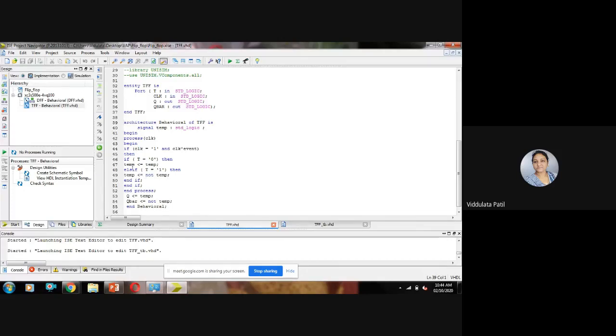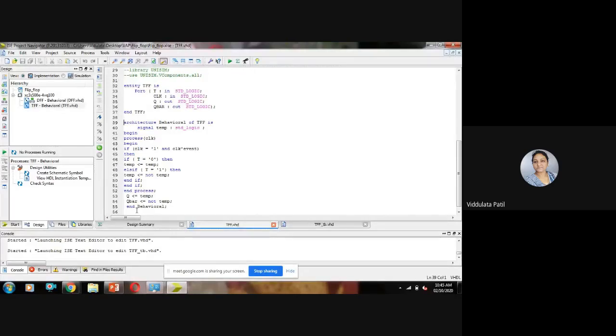Then end of the if statements, and then end of the process. After that we are assigning q to temp, and q bar to not of temp. Then end of this architecture.